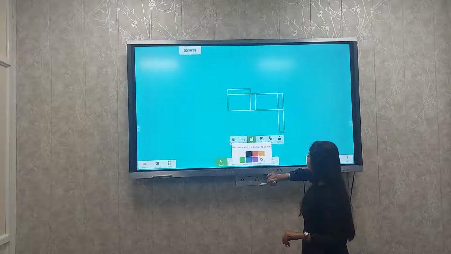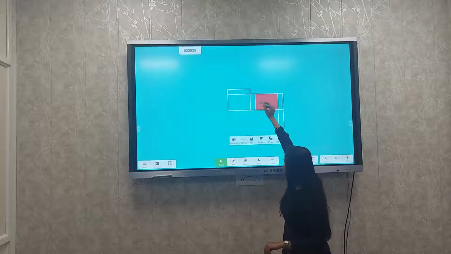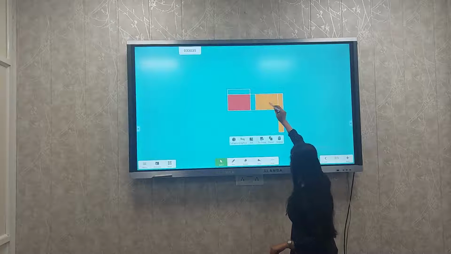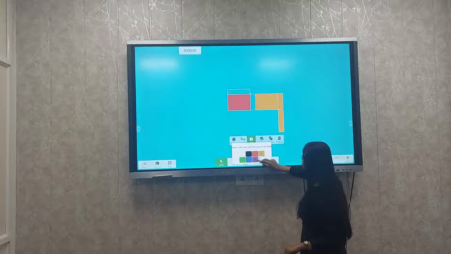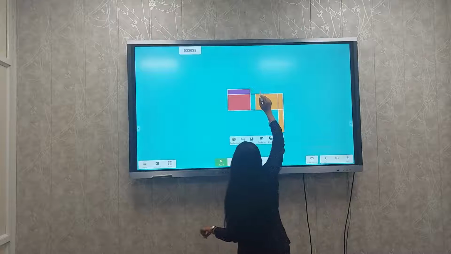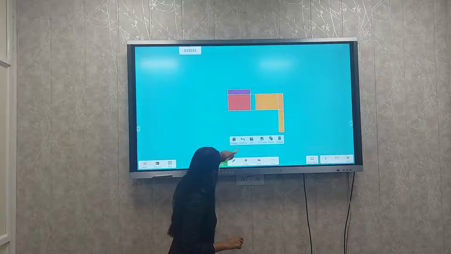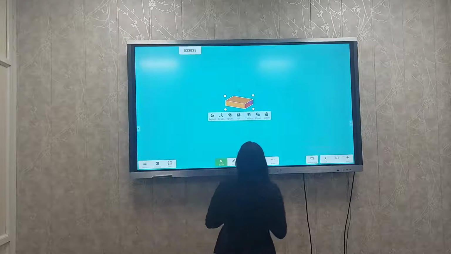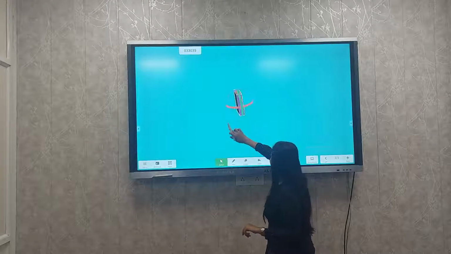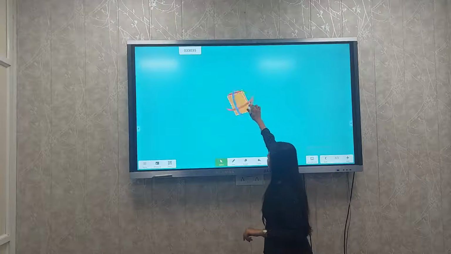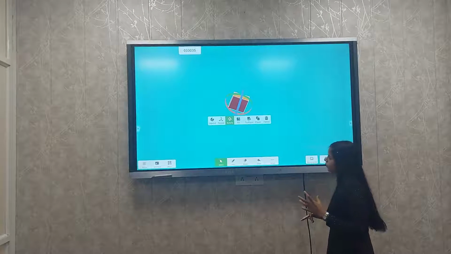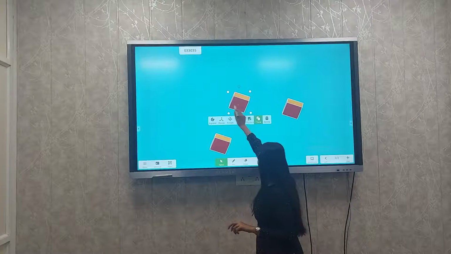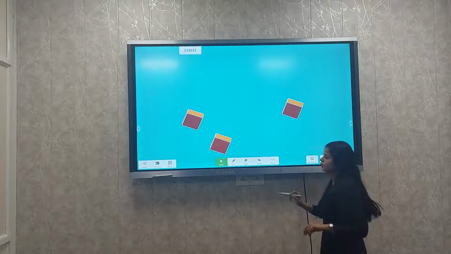So you can fill the color also, like I filled this, then again I went to fill and I changed the color yellow, then again fill, again collapsing it. It goes back to its original shape. Then I can rotate it. See, I can rotate it properly to give a 3D view of everything. Same way I can clone it. I'll delete it. That's it.